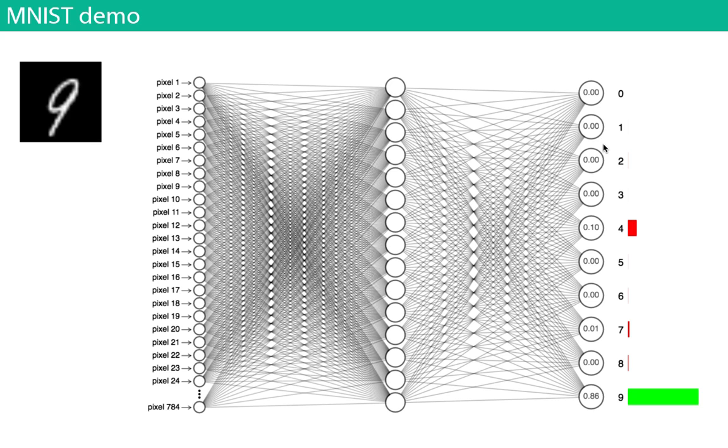And we want the weights in the network to be such that when we do a forward pass from these pixels to the outputs here, the 9 neuron gets the highest score. That's what we want, right? And we also want that when an 8 goes in, the 8 neuron would have the highest score, and so on. Does it give back like a level of confidence? Sorry? Does it return a value like a level of confidence? Yes. It doesn't have to. We can set it up however we want.